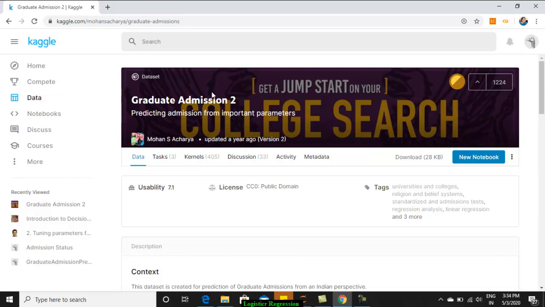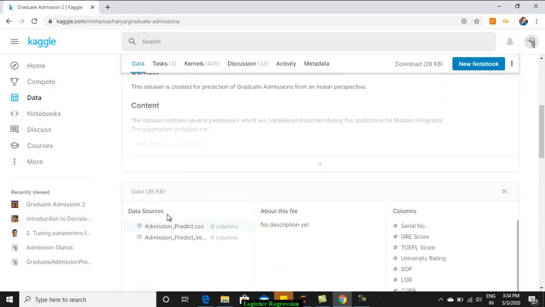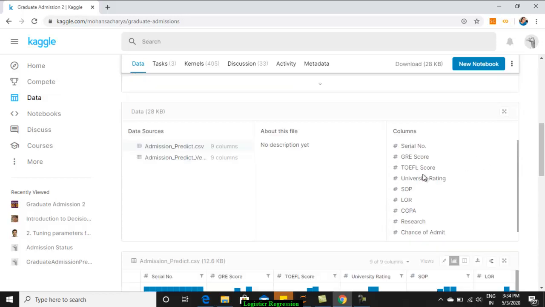Now this is the data set I have taken. You can see all the discussions about it. We have two data sets actually, and I'm going to use this admission predict.csv. This is the data set I have downloaded, which has 9 columns. All the columns have been listed out: serial number, GRE, TOEFL, university rating, statement of purpose, LOR, CGPA, research.